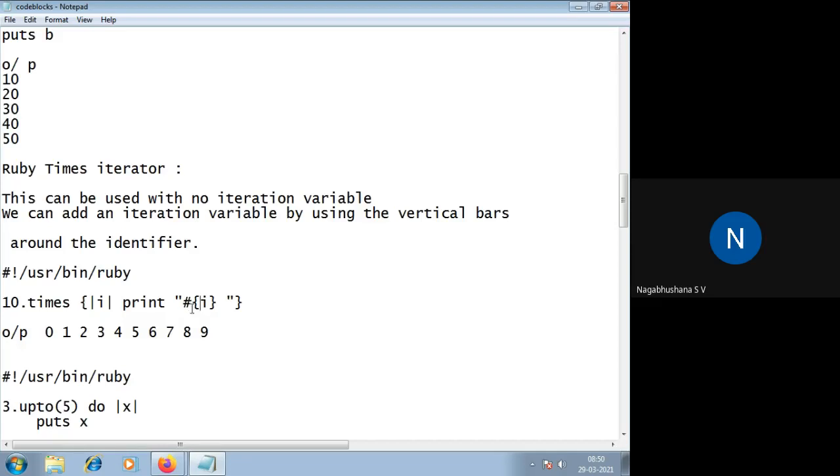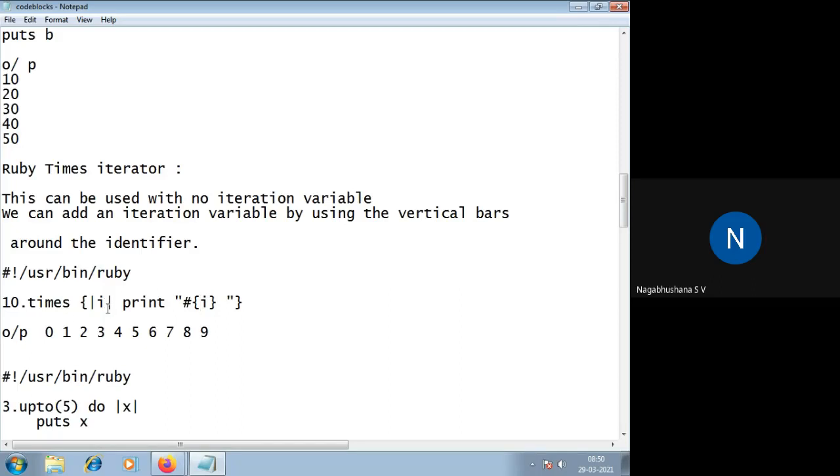It is used to represent an independent literal for executing that specific line of code. Now you know the subscript always starts from 0. So now I have given 10.times, which means I want to print 10 values.